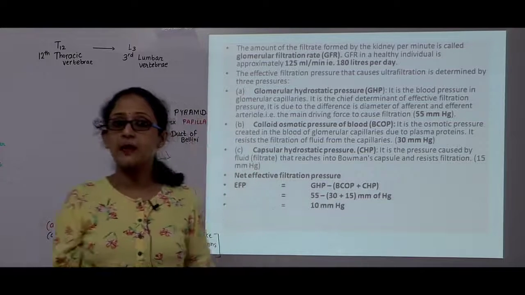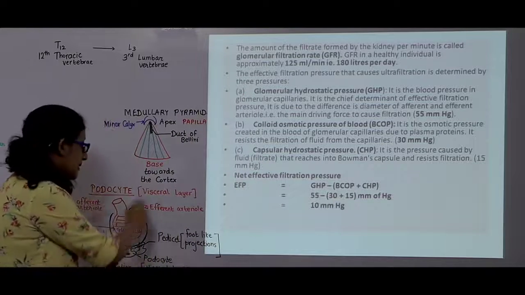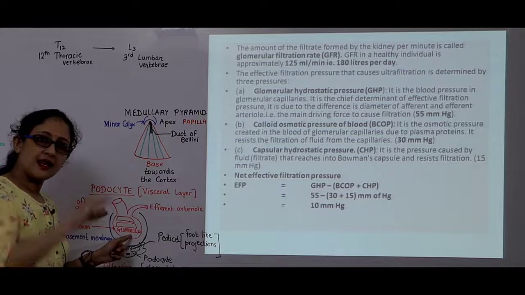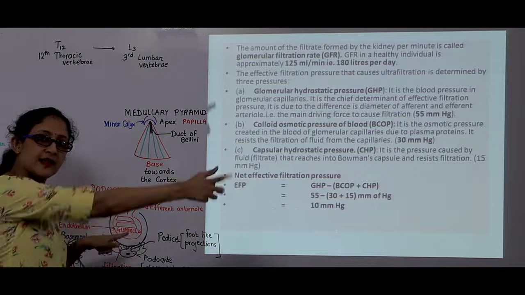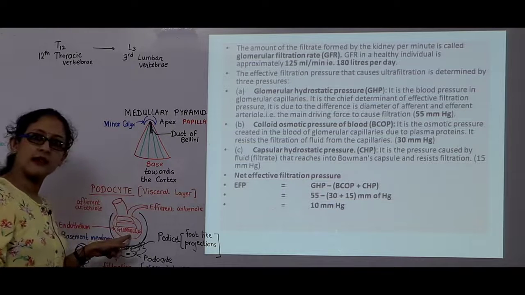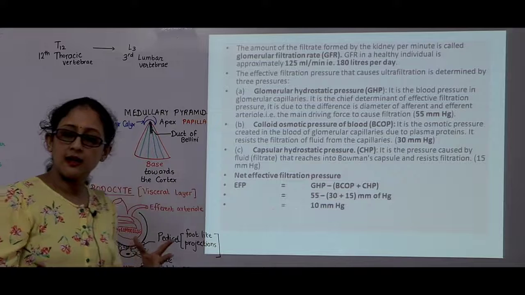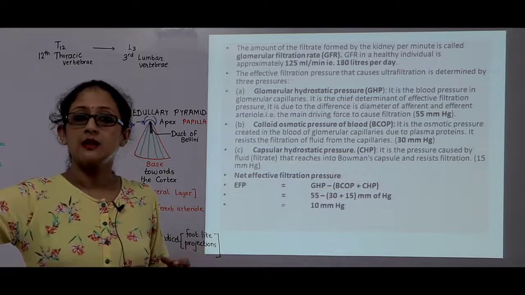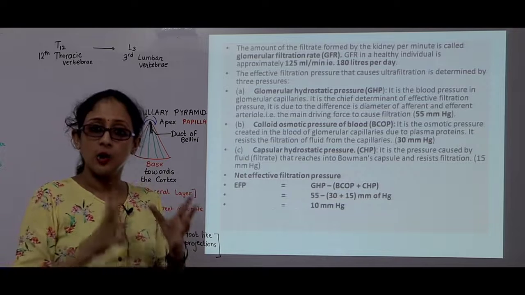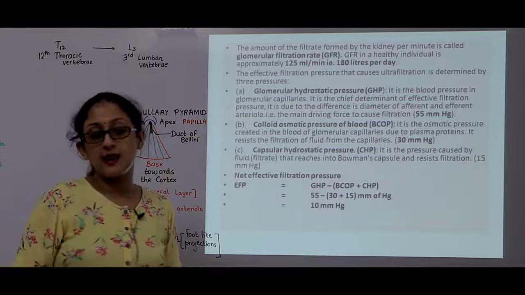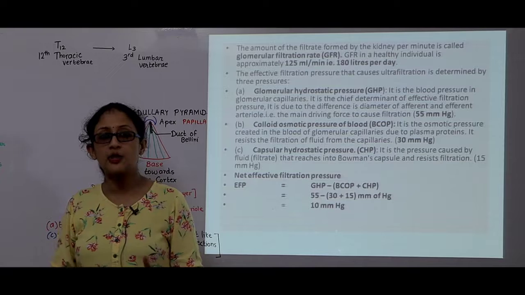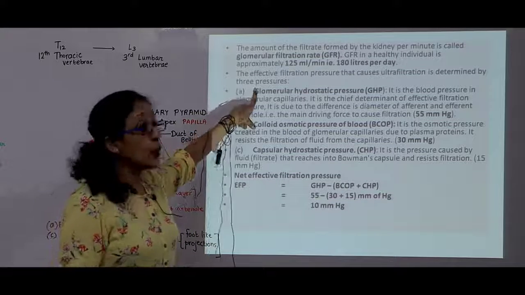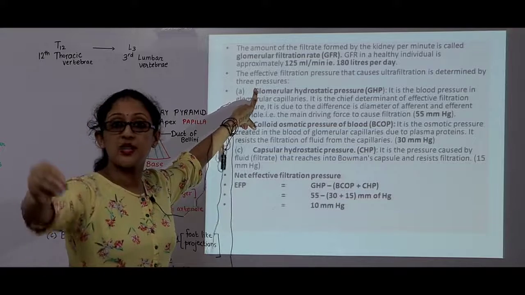Now in the next heartbeat again 10 is coming in, 7 is going out. So inside now you have 6. Next heartbeat again 10 is coming in, 7 is going out. Now inside there is 9. Means in each heartbeat more and more fluid accumulates inside the glomerulus. So there is an increase in the hydrostatic pressure inside the glomerulus. This is called glomerular hydrostatic pressure.